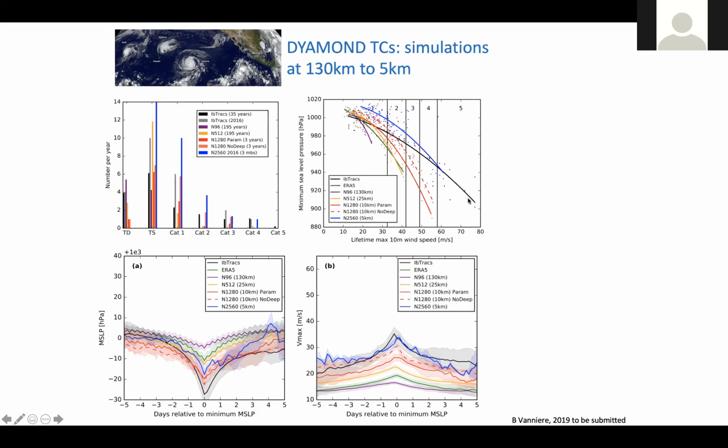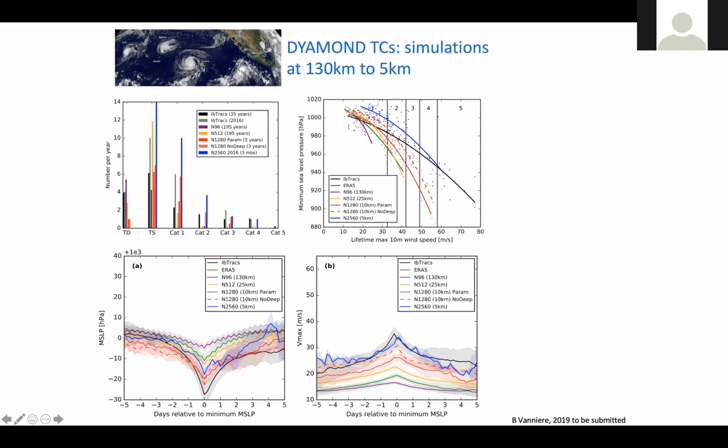This is an example of the wind pressure relationship in black, observations. In blue, DIAMOND simulation. These are the other models that were in PRIMAVERA, which fail very much to reproduce the strong circulation around hurricanes, and also the distribution of the categories. In DIAMOND at 5 kilometers, we started to have a realistic number of category 4 hurricanes, and also the intensity, so how deep the low pressure is and how strong the winds are, and also the precipitation field around the